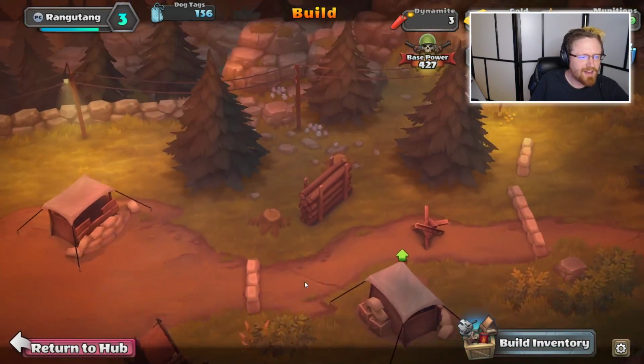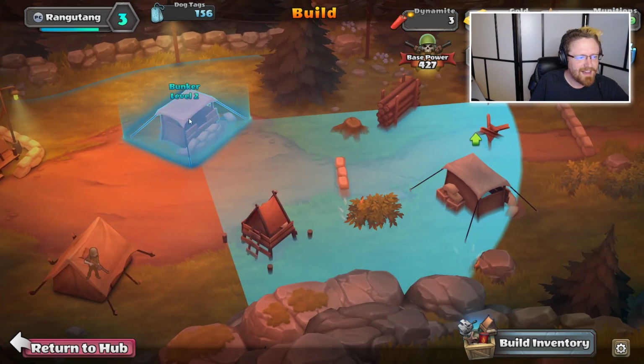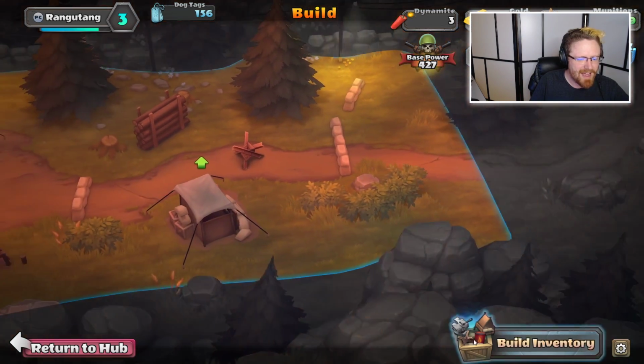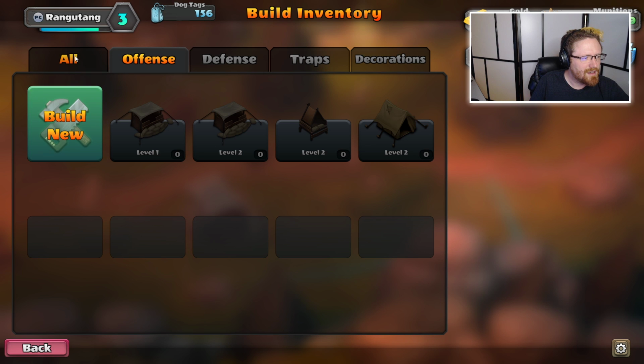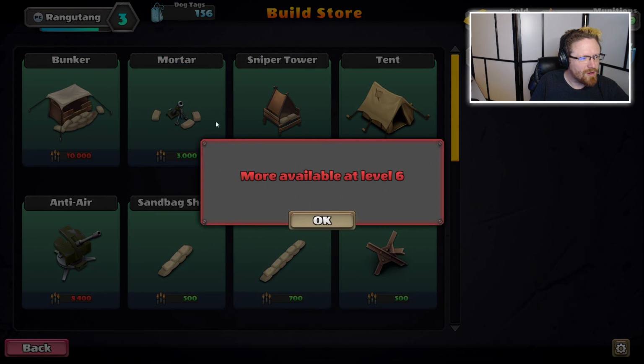But, so now I've got my base. I've got a tent here that'll be spawning guys. I've got a bunker that will fire at them. I've got another bunker that will fire at them. And I can probably build something new. Let's see. Okay, looks like I can afford a mortar for...